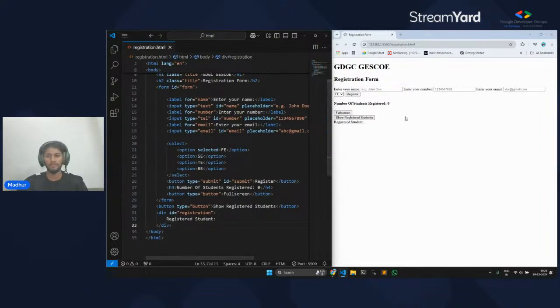So now that we have everything we wanted, this is the main structure that we wanted to create. We're taking four things as input. We have a register button, we have a full screen button, we have both the headings, we have a button for full screen and one to show registered students. So this is the basic